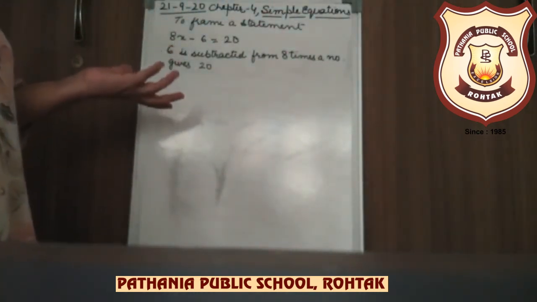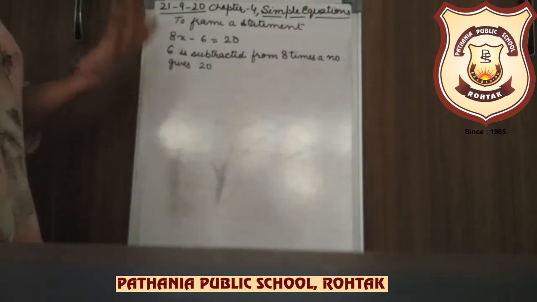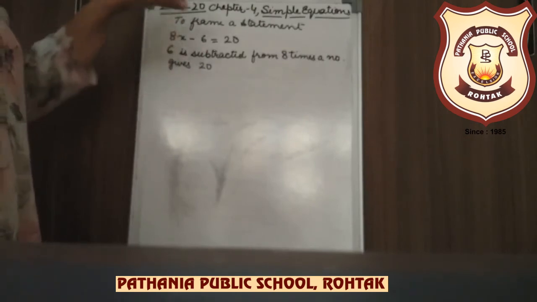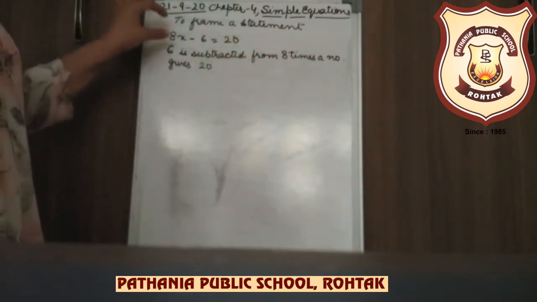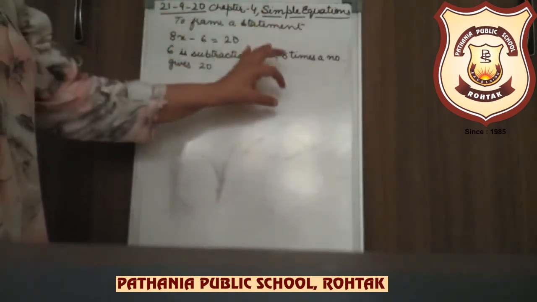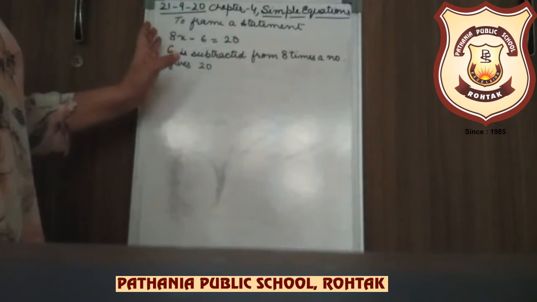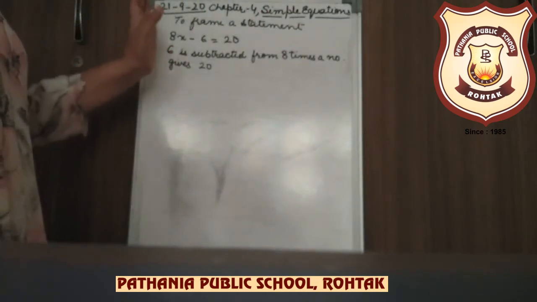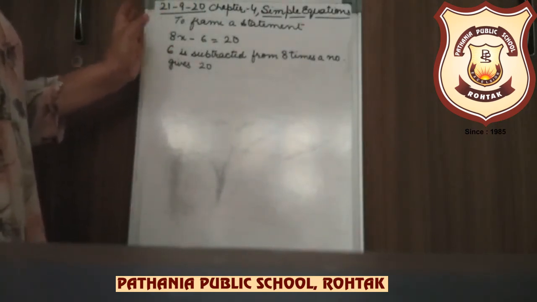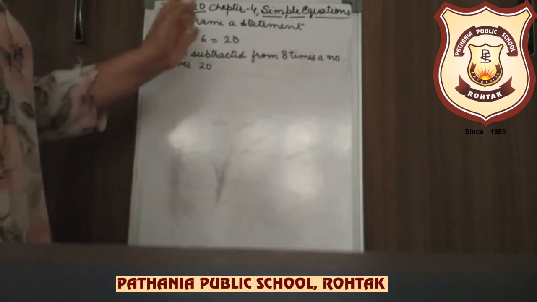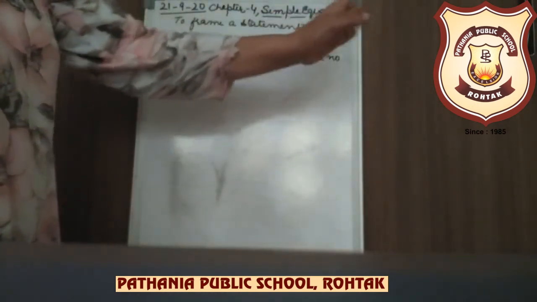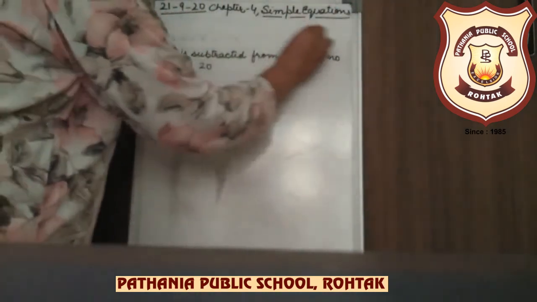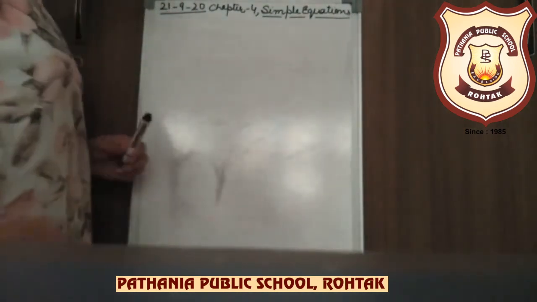Difference also means subtraction. So you can frame it according to your choice. There is no hard and fast rule that you have to form it in this manner. You can write the difference of 8 times a number and 6 is 20, or you can write 6 is subtracted from 8 times a number gives 20, or you can write when 8 times a number and 6 are subtracted, the answer is 20. In any way you can write it. Clear? Now the last topic that we are going to cover for our exercise